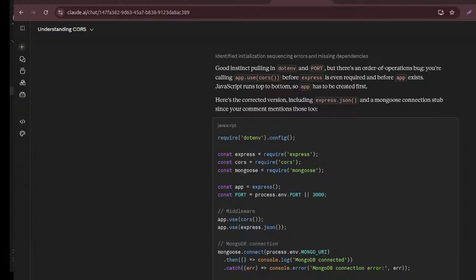Okay, that's a bug. Express, cors, okay, app.use cors. I think there is an issue with app.use(cors). Why is it still okay?